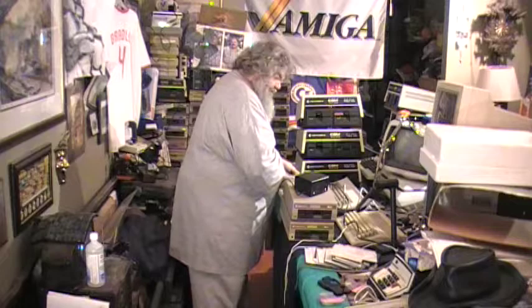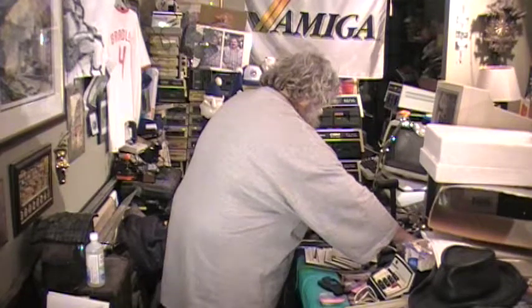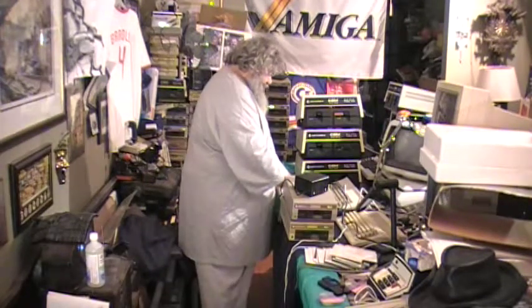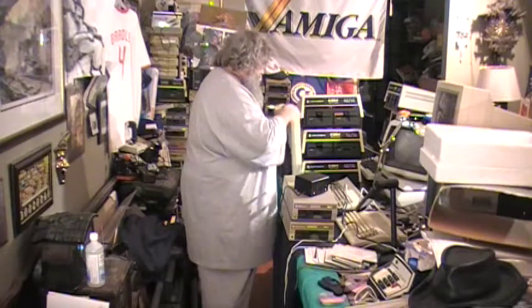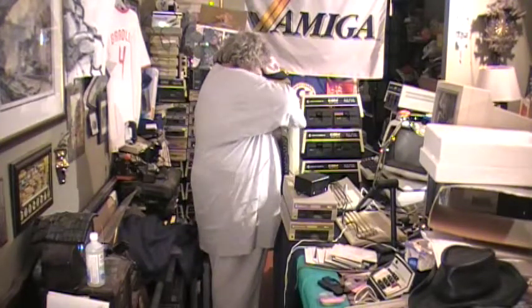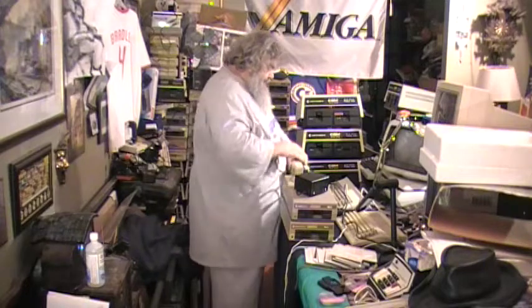Let me double check. There are many cords around here. Is this really plugged in? It is. But mind you, do I know if this Vic-20 is functioning? Oh, let's get that in there. I have no clue. I think for a moment